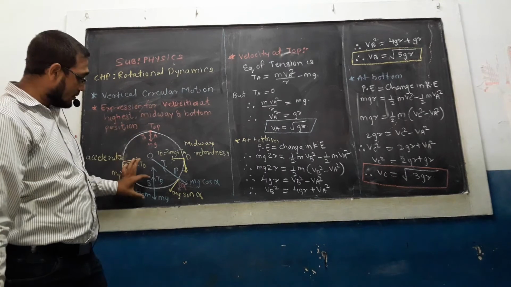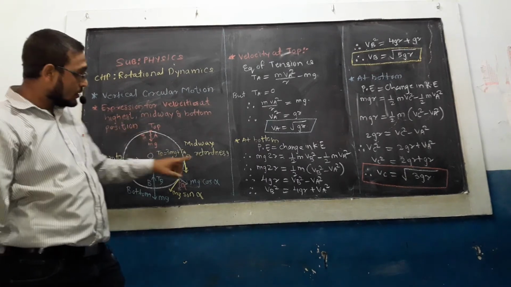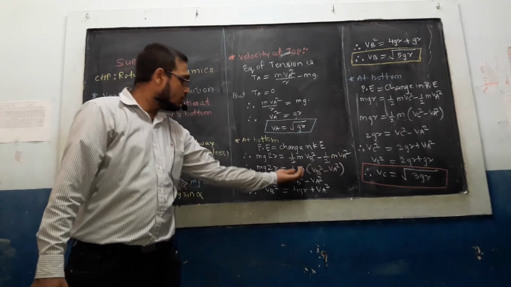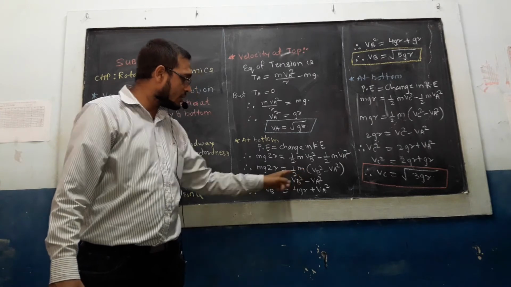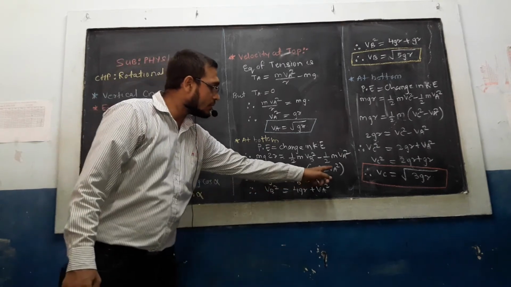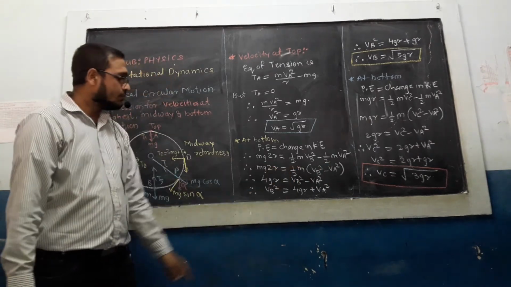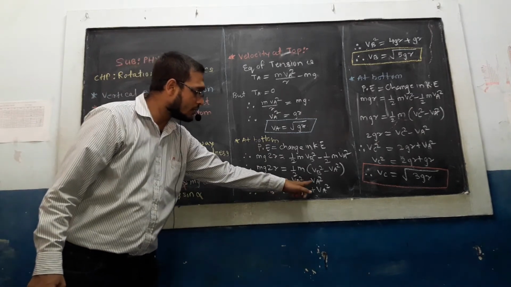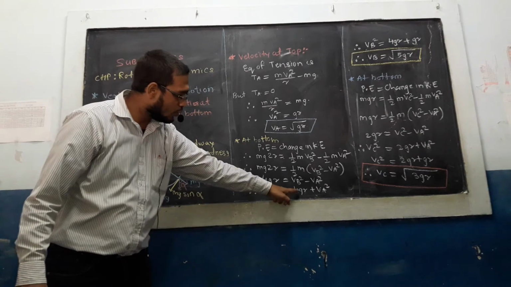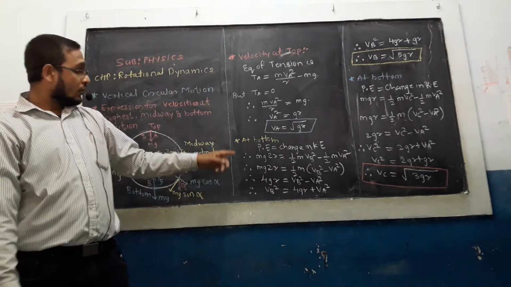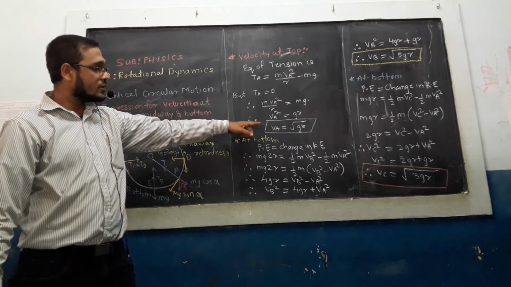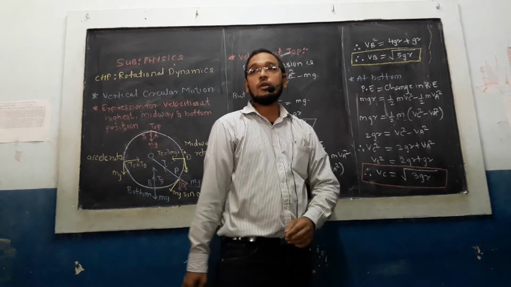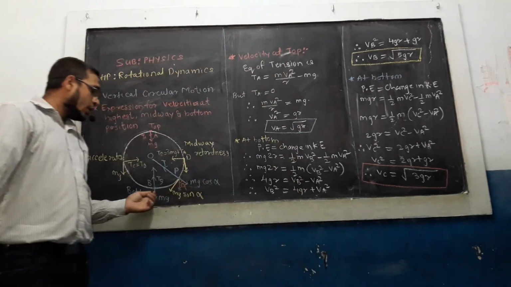Kinetic energy at this minus kinetic energy at this. What is kinetic energy? Half m vb square minus half m va square. Take half m common outside. What is remaining? Half m times vb square minus va square. Here m gets cancelled. Take this 2 here. So we get 4gr is equal to vb square minus va square. So vb square equal to 4gr plus va square. Now what is the value of va? Under root gr, so va square equal to gr. Putting it here, we get vb equal to under root 5 gr. So this is the expression for the velocity at bottom.